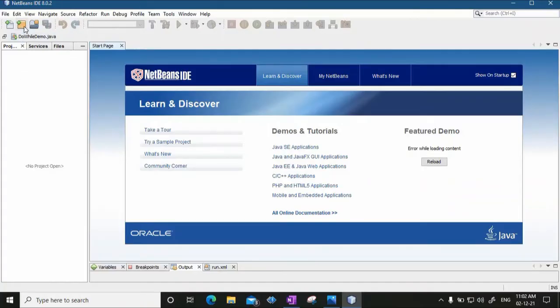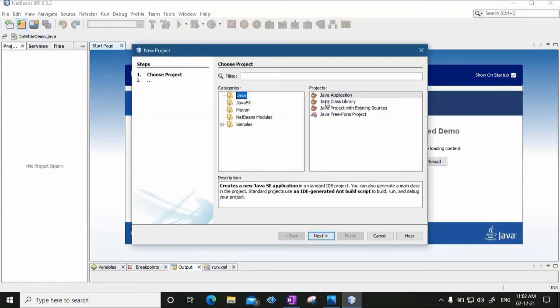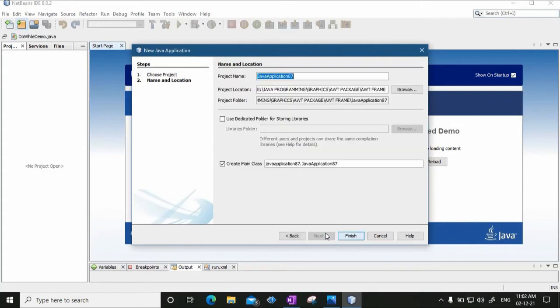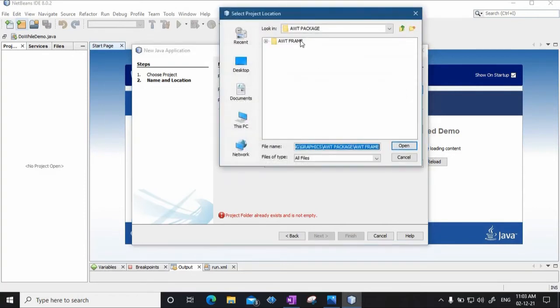We create a new project. Say Java application, go to next. Make sure that the main class is checked here, because this program will have a main class. I will say frame demo is the project name. You can select any project location for that matter.